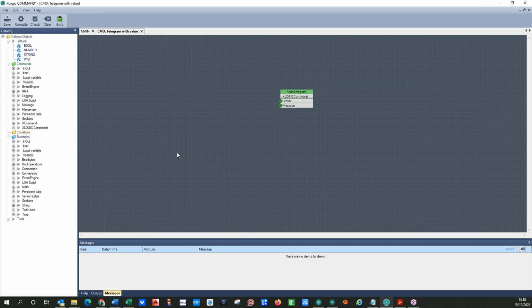And there are a lot of examples we can apply, but let me focus on this small example so we can show how it works completely. Okay, we have a very single thing, an XLogic command that is called send telegram. So we need just to indicate what the profile is, the channel we will use for doing so. Okay, this is the profile. So the profile is